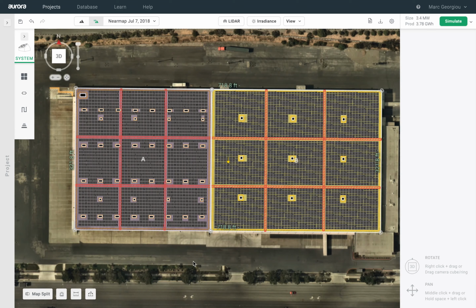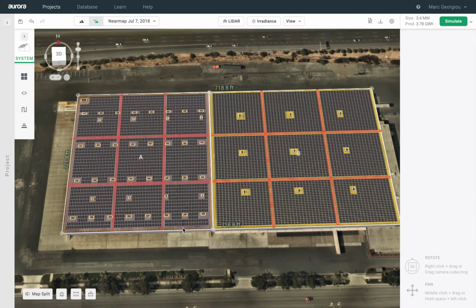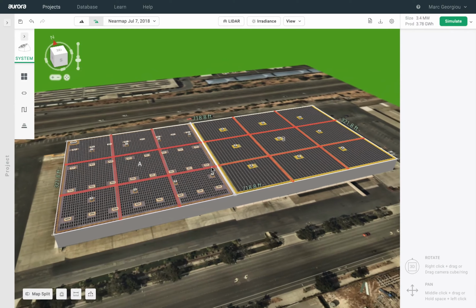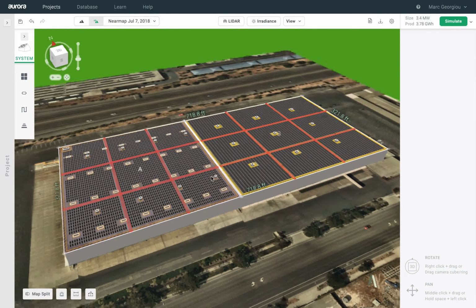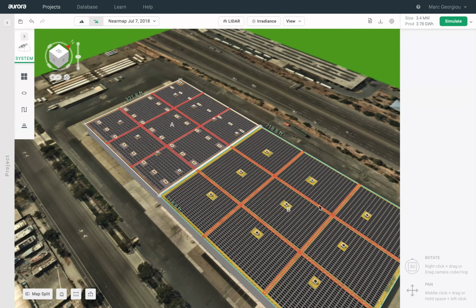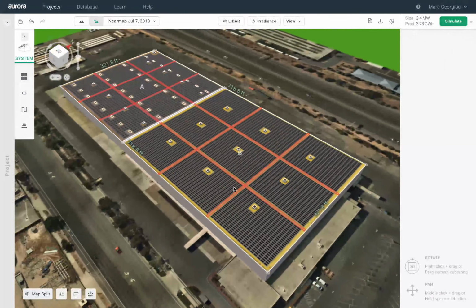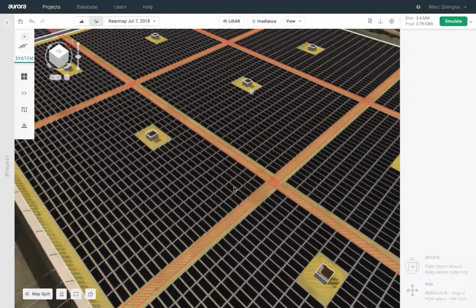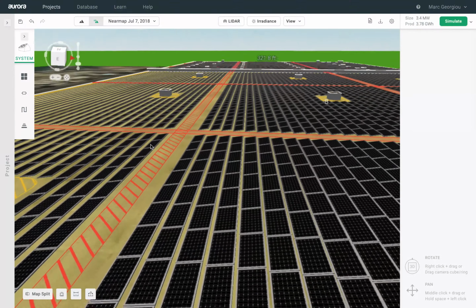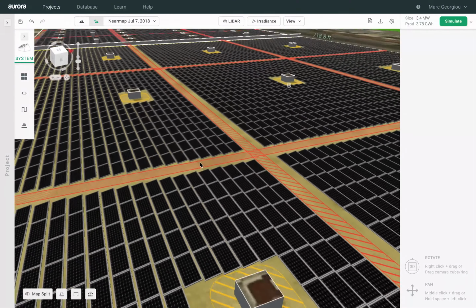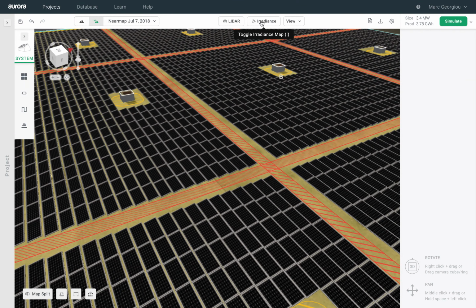Alright, I'm now logged into the Aurora software, and I'm looking at a large-scale commercial rooftop system. Some of you might remember this design from my previous webinar on large-scale commercial designs. So if I zoom in to the right side where I have a single tilt system, I can see here that I have some pretty tight rows of single tilt panels at about 10 degrees tilt with a few obstructions. So if I go ahead and load my irradiance map,